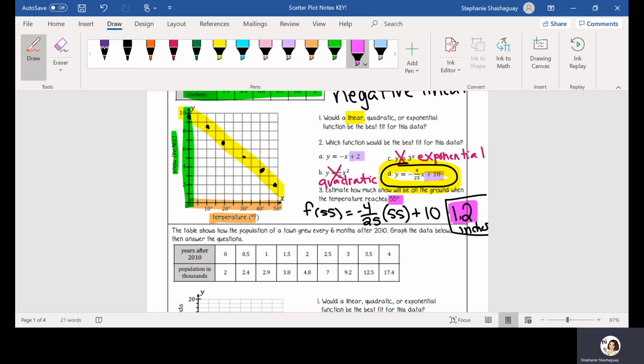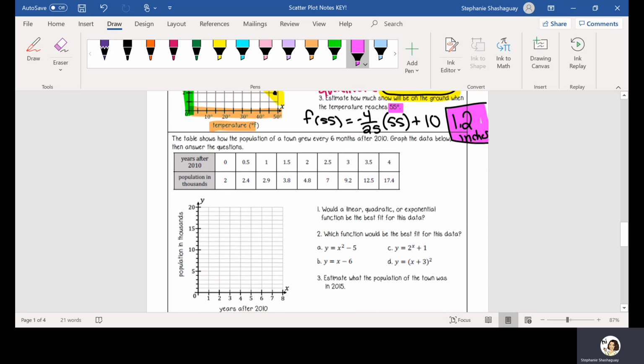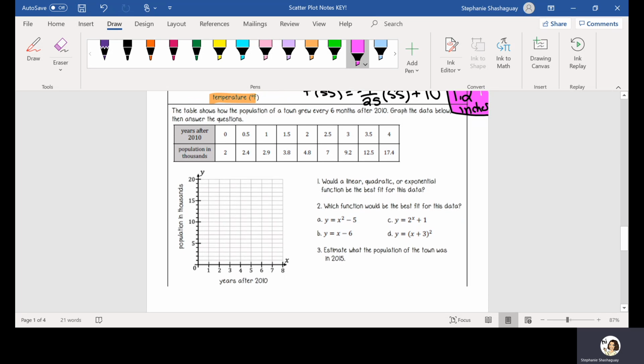I've already done the calculation, but you can go ahead and check that calculation in a calculator. You would do negative 4 over 25, so negative 4 divided by 25, multiply by 55, get that answer, and then you would add 10. Once you add 10, you'll see that your answer is 1.2 inches. Okay? We're going to do one more practice problem, and then the last 2 practice problems will be done on